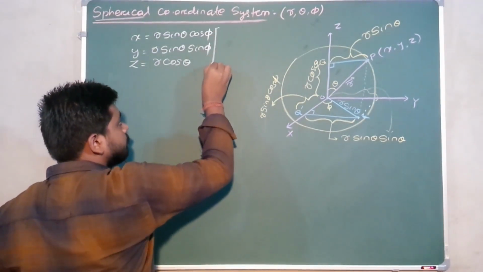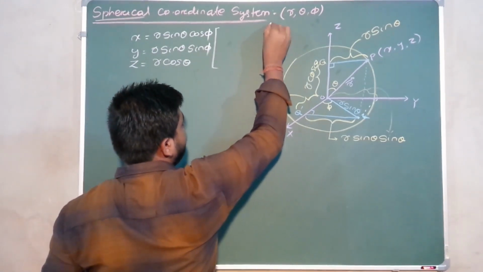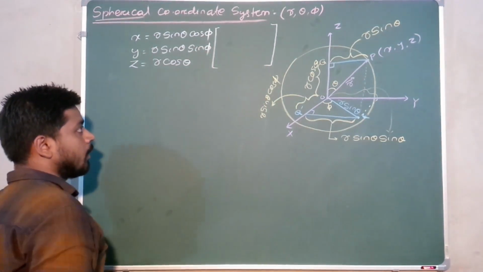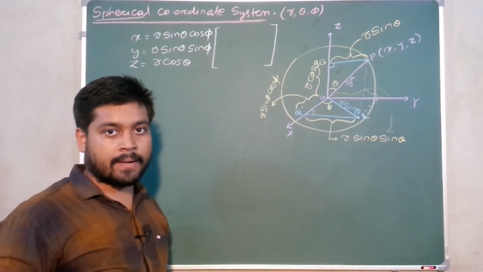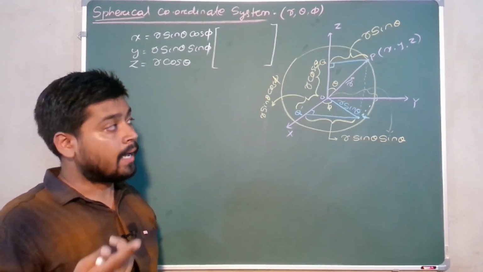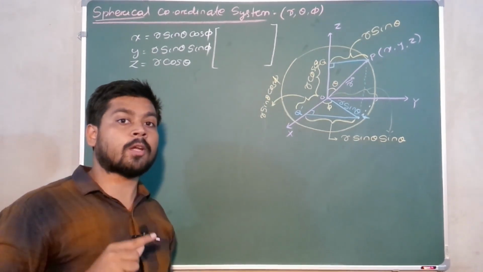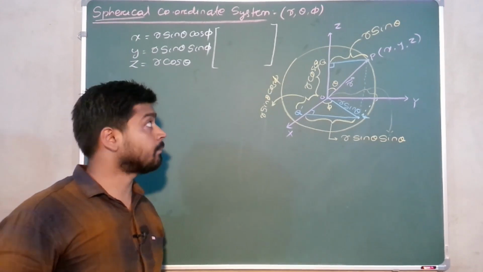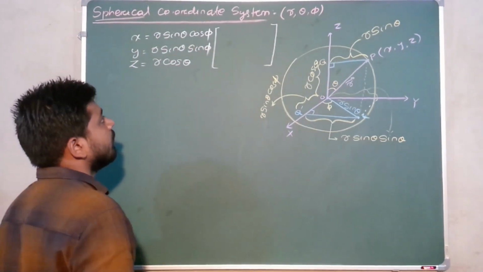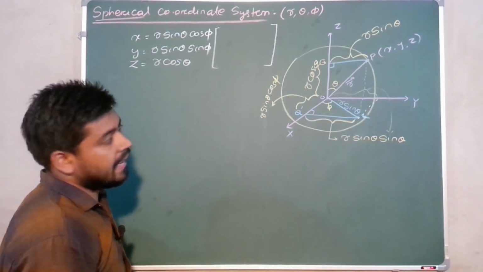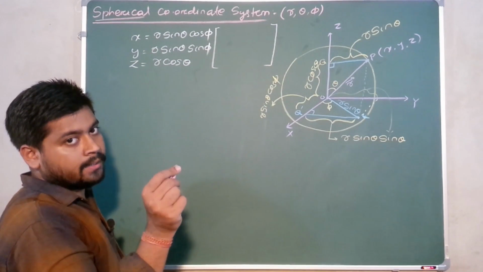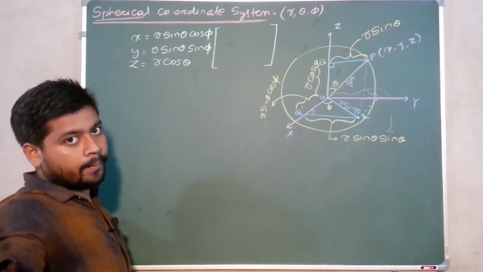Range. We all know in Cartesian coordinates, the range of x, y, z is from minus infinity to plus infinity. X has range from minus infinity to plus infinity. Y also has range from minus infinity to plus infinity, and Z also has range from minus infinity to plus infinity in the Cartesian coordinate system. In the spherical coordinate system, just see, first what I write: r, theta and phi. R is the radius. Radius always starts from the center, that is from 0 to infinity.